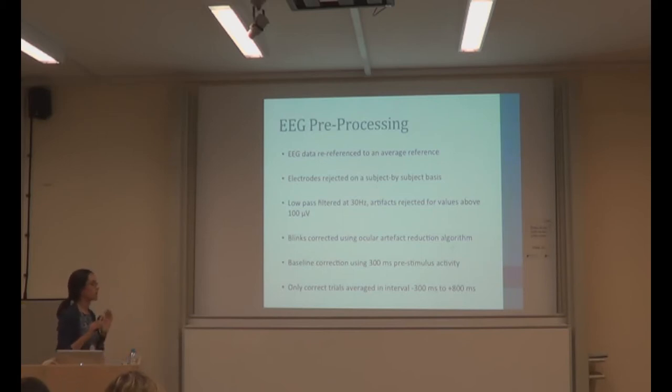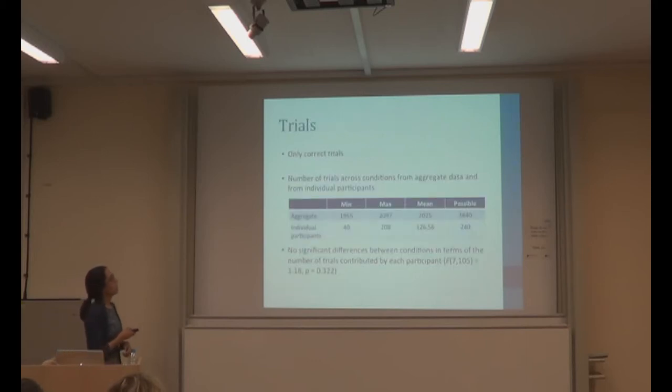We correct the recording for the pre-stimulus activity, so for 300 milliseconds preceding the face, correct it for your sort of baseline brain activity for that. And we only look at correct trials in an interval for 300 milliseconds before. We're only using correct trials, and because I've explained we lose a lot of trials through artifacts, the first thing